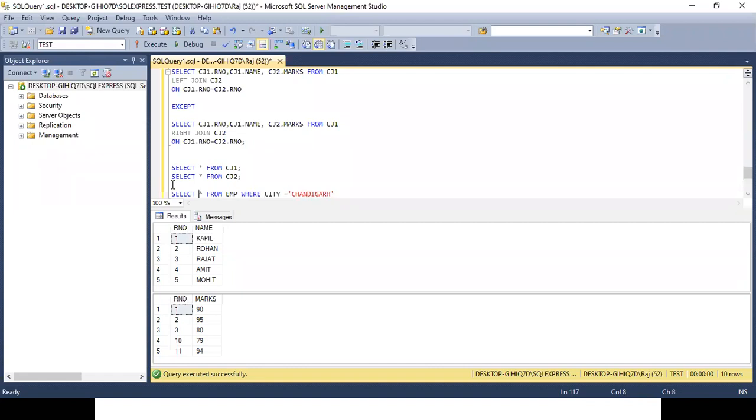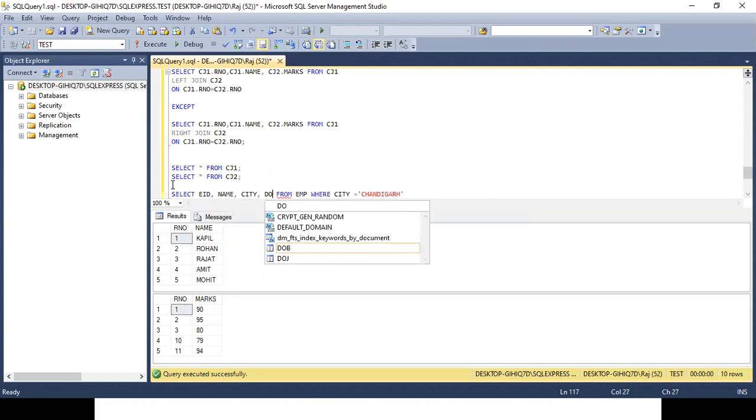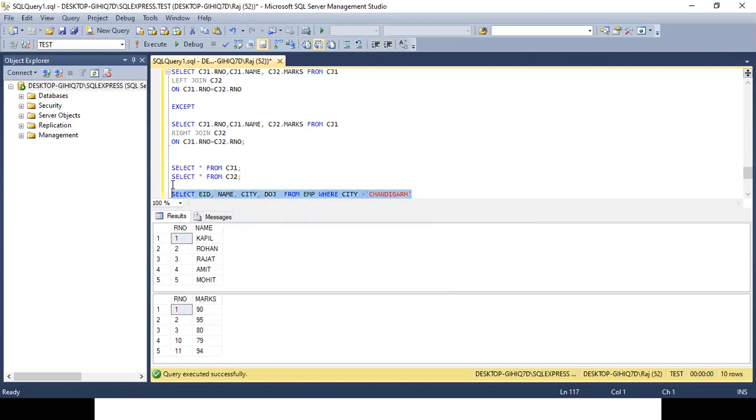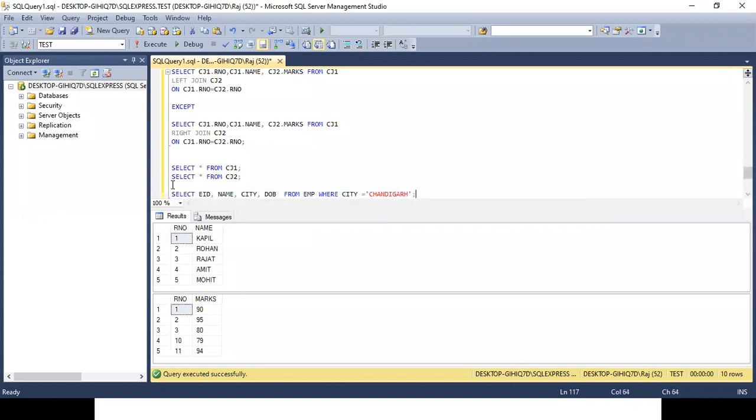And instead of a star, I will say employee ID, name, city, date of joining. Let's check date of birth. This is the first query. Let me write another query.